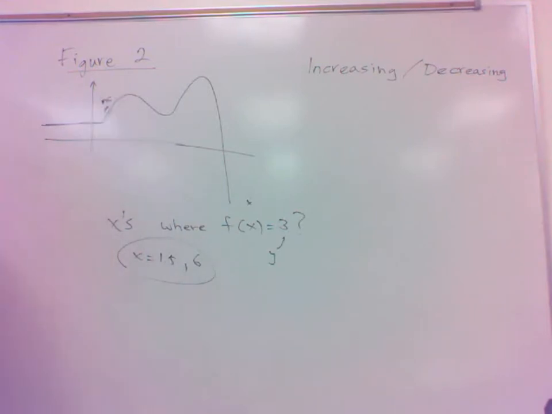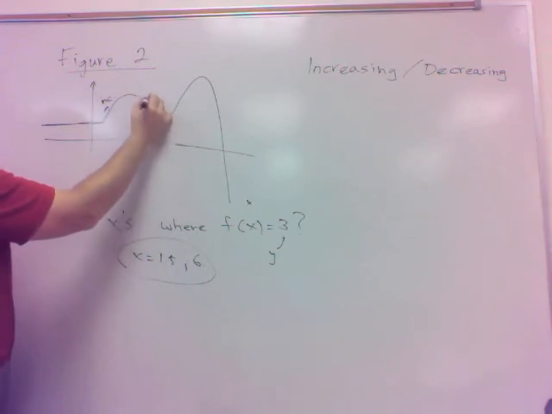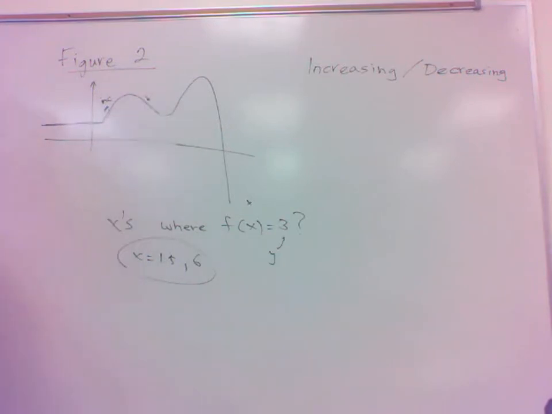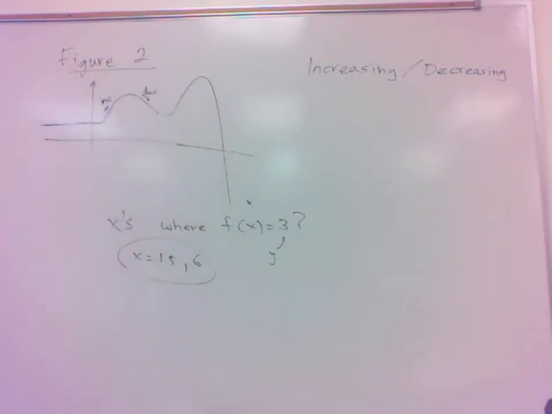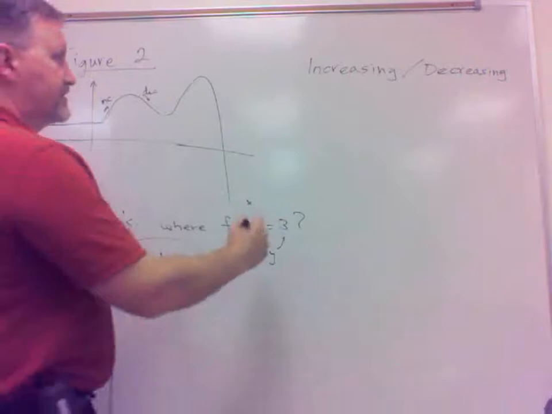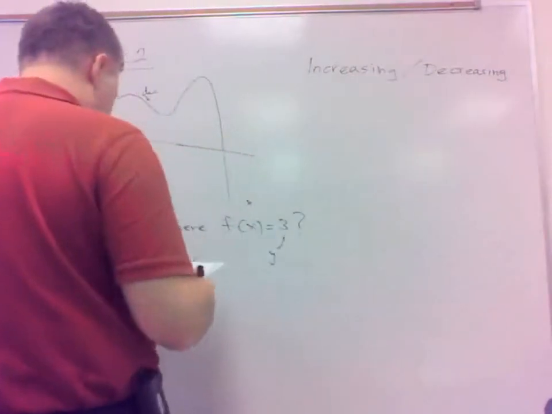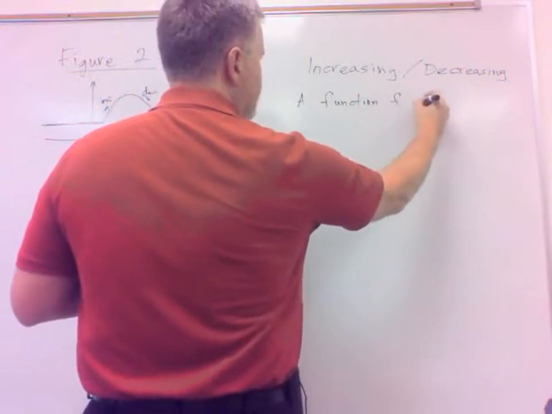Well, guess what decreasing is? Decreasing is if you're going left to right and you're going downwards, generally speaking, right? That's going to be decreasing. So it's not that difficult to see on the graph where it's increasing and where it's decreasing. Now, the reason it's called increasing and decreasing is because of this. Here's the kind of the verbiage, is increasing